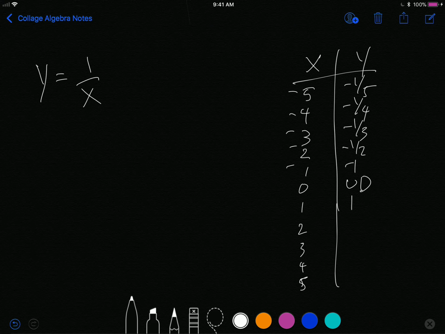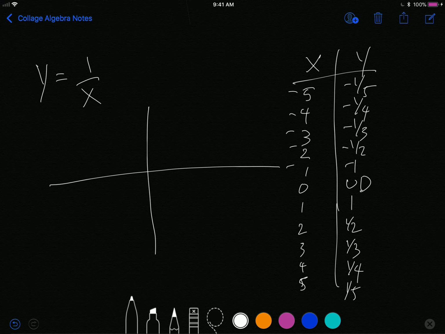Then 1, 1/2, 1/3, 1/4, 1/5. If you were to plot these right here, you get a graph that I like to say looks like two macaroni sticks. The graph never touches any of the axes. It bends around them. The domain in this graph is broken because there is no x value at zero. So your domain,